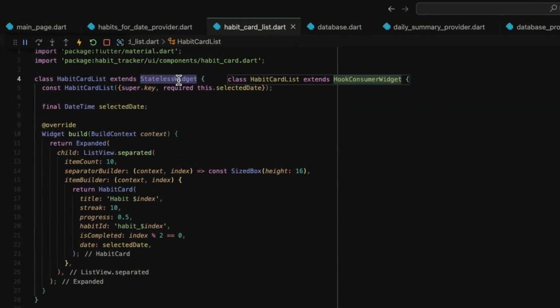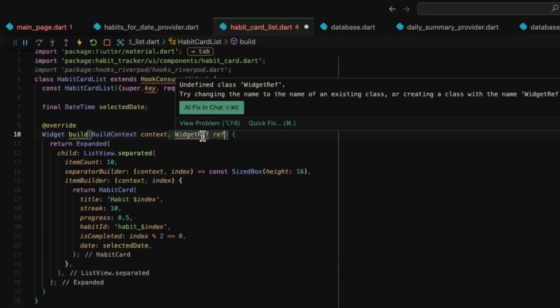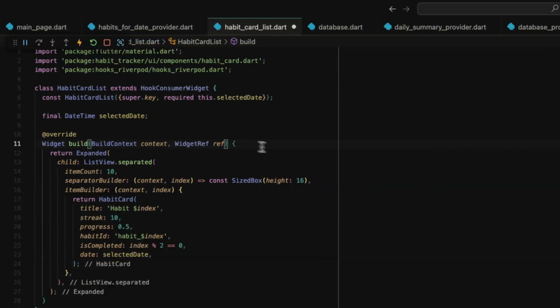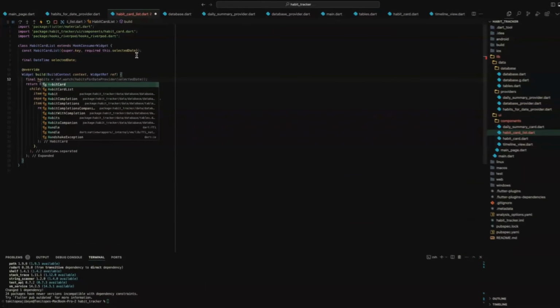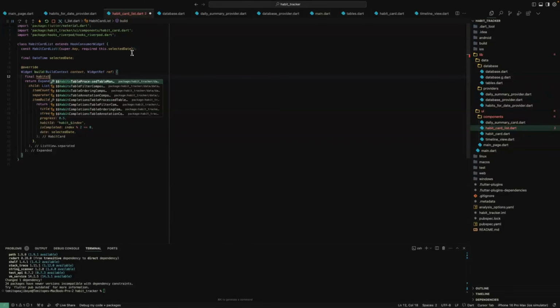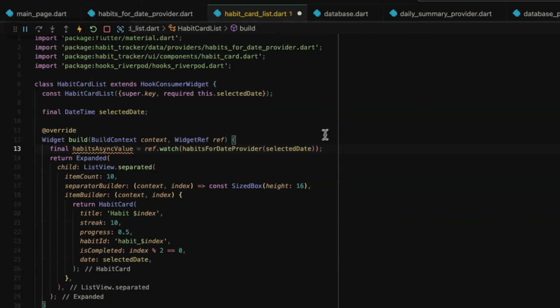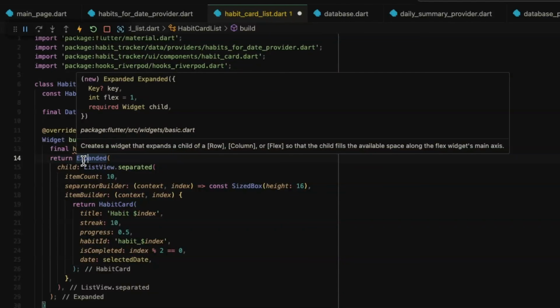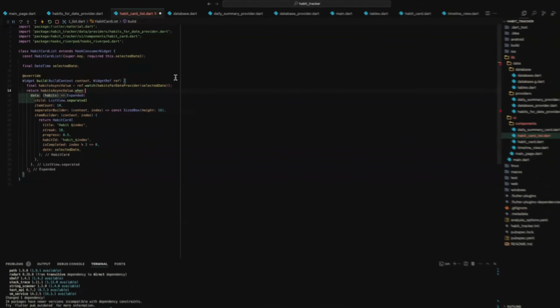we can convert this to a hook consumer widget, or a consumer widget, anyone you want. We import hook Riverpod, and we do habits async, and we watch habits for dates provider. We import that, and we return habits.when,